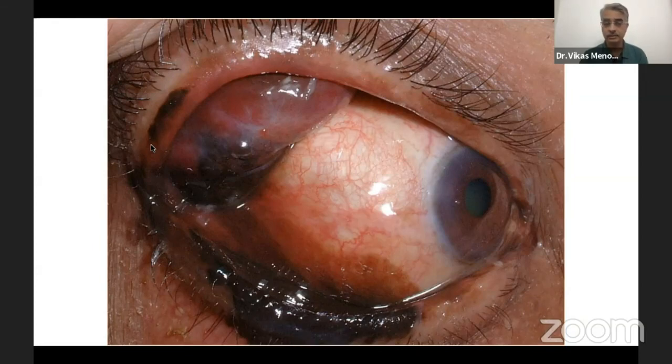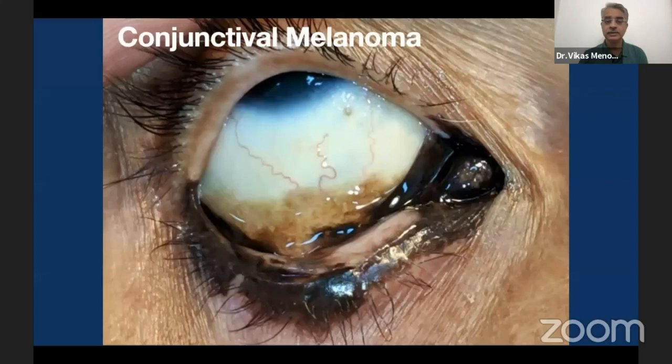primary acquired melanosis. Another patient who has diffuse deep pigmentation of the inferior fornix and a variable kind of pigmentation on the bulbar conjunctiva. The pigmentation is spilling onto the lid margin. You see nodules here and a nodular component here, thickening here, spreading into the upper lid also. Again, this is an example of a conjunctival melanoma which arose from a long-standing PAM.